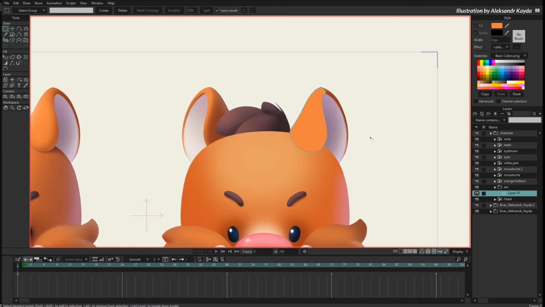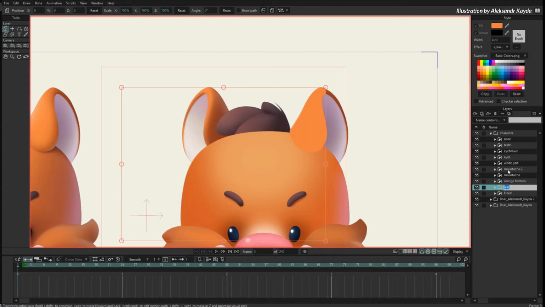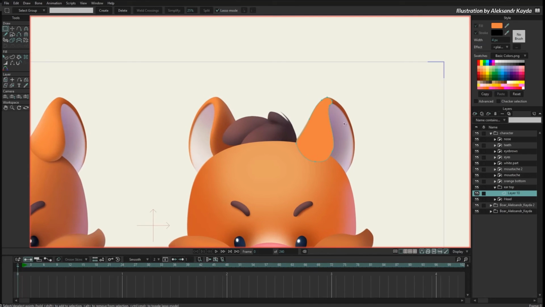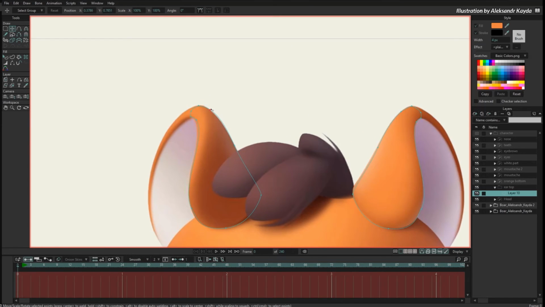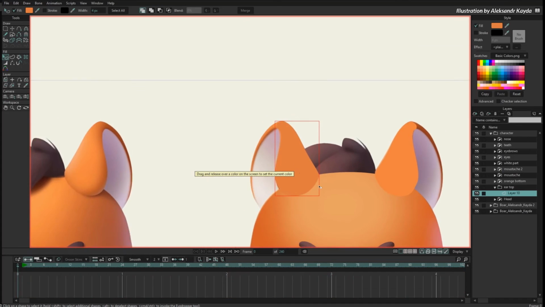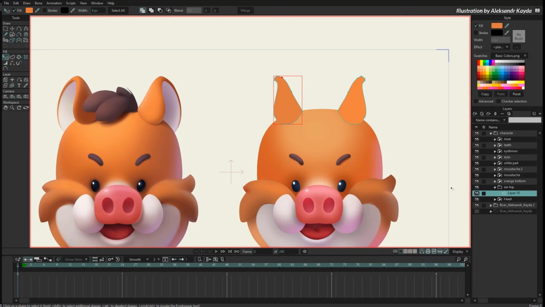Okay, so we have one half of the ear, and actually I will call this ear top. All right, and actually I will take the chance and I will just copy and paste the ear here to create the second one, and yeah, it fits. I will just make a few adjustments, but it's very similar. So this is the second ear, and I will just use this color now. Okay, so we have half of both ears here,